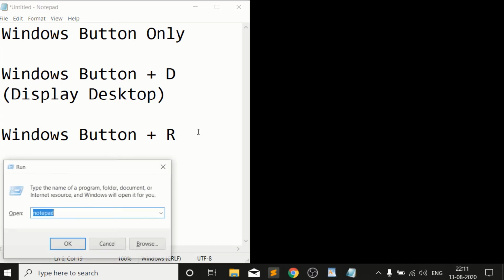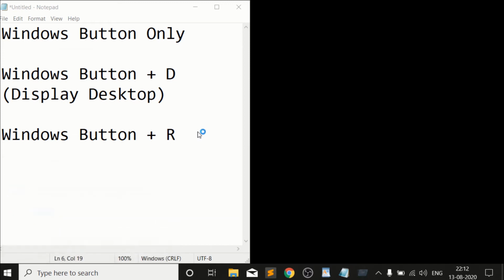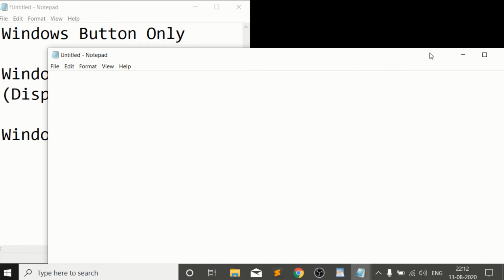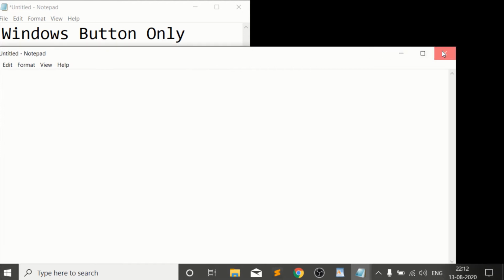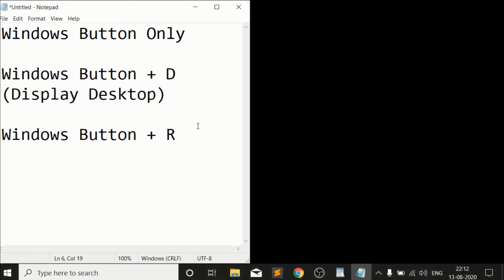Windows R, you can see here, I can directly type notepad, and I have Notepad in front of me. How easy it is. I wish you guys to keep practicing with me during this video. It is helpful to open the Run application, and again very useful.